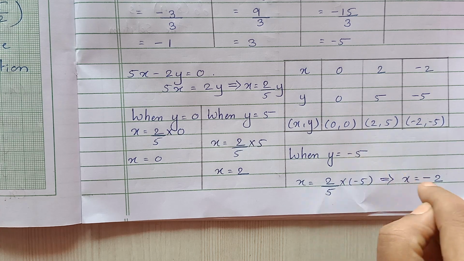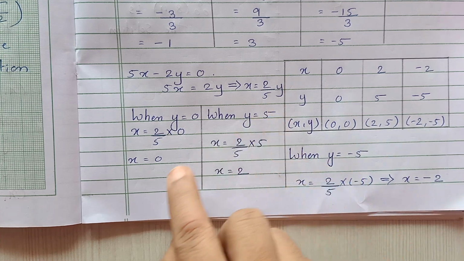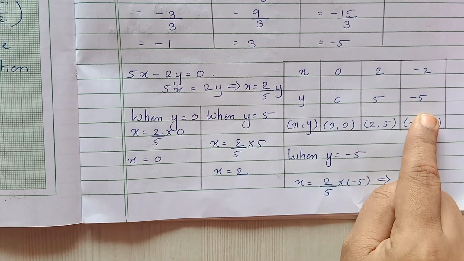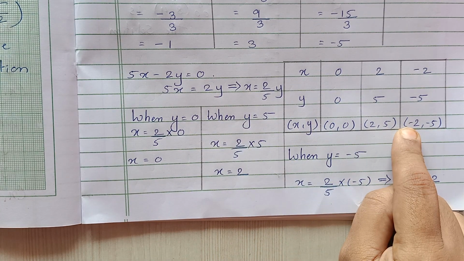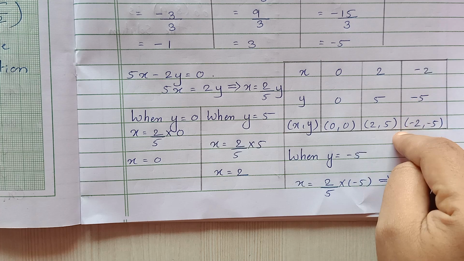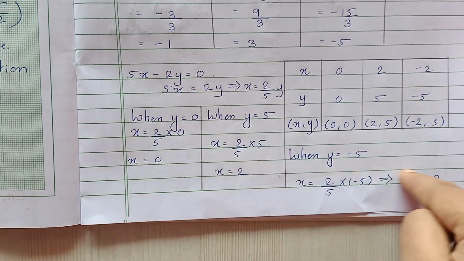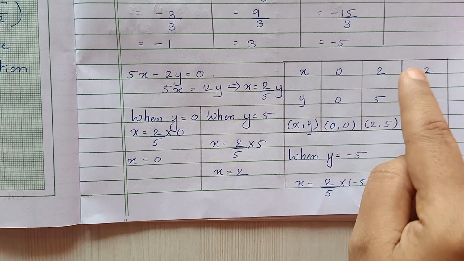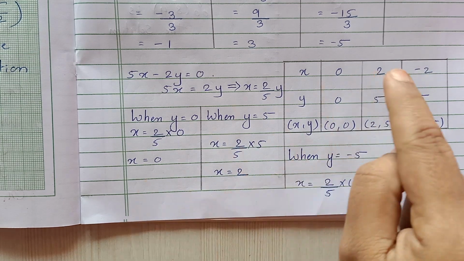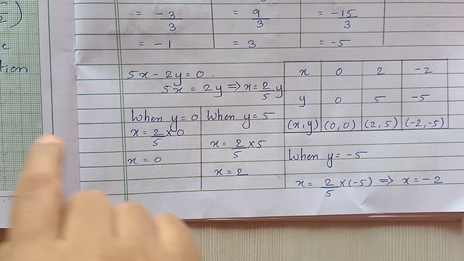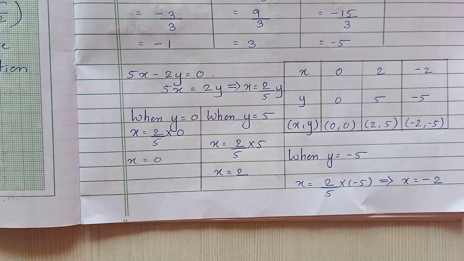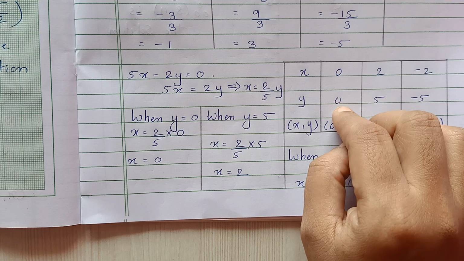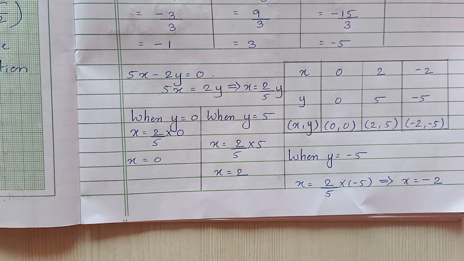So all this working, the points that you got, you have to put them in a table like this. Okay, so now when you do these sums in the exam, children, the working carries marks. You need to show this working. Then the table carries marks. Without table, without working, direct graph will not fetch you any marks. So you need to show the table, you need to show the working.